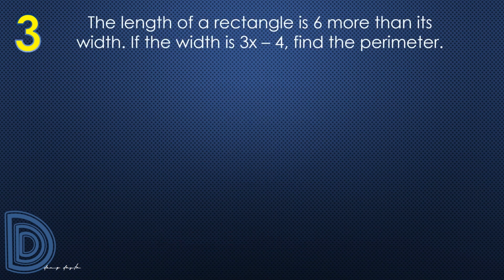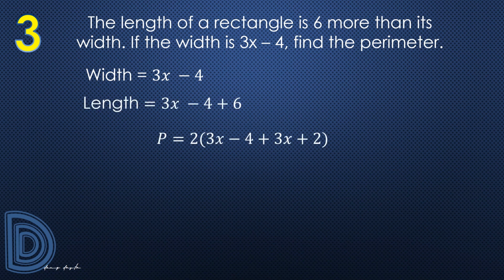Question number 3. The length of the rectangle is 6 more than its width. So if the width is 3x minus 4, then the length is 3x minus 4 plus 6. By the formula of perimeter, twice the sum of the length and the width, so P is equal to